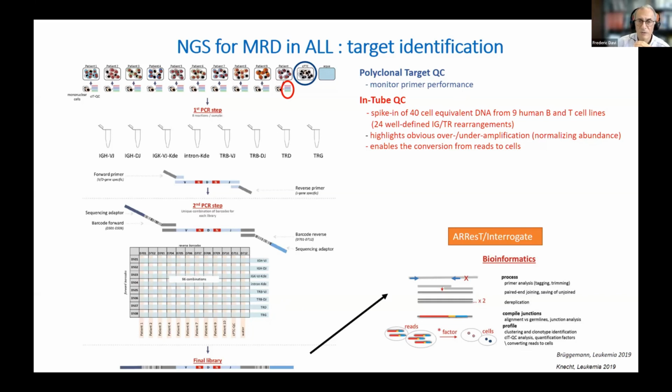And very important for MRD is to have an in-tube control, which is a spike-in of 40 cell equivalents of known cell lines, which have 24 well-defined IG rearrangements, and which help to normalize the assay and convert